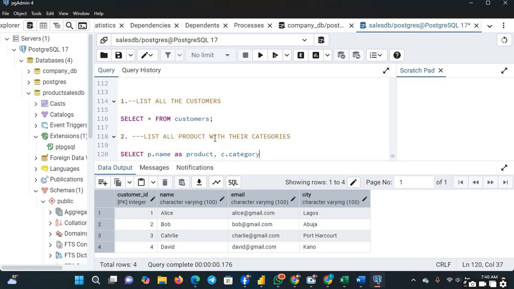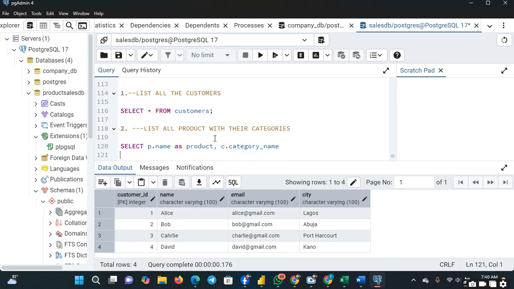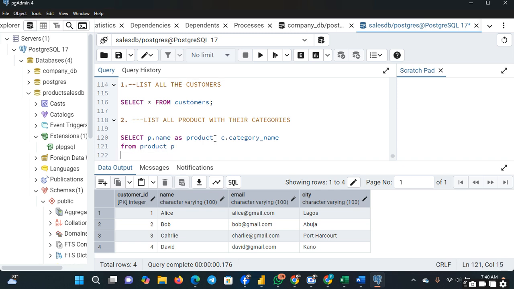So we represent C as what? Category name. So that's the code. Then after we did that, now say from products P. So that will be products P, join the table. Let's say join categories, so the categories C on